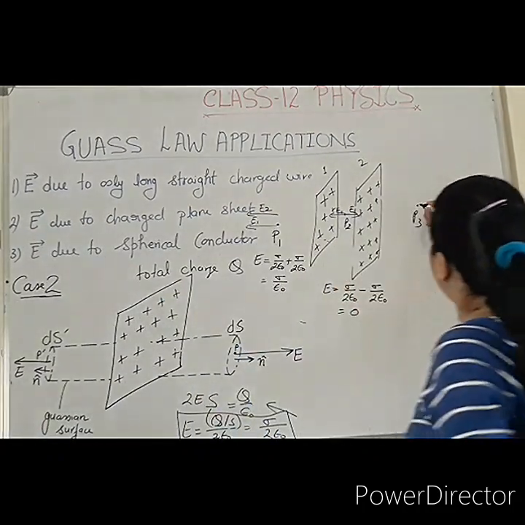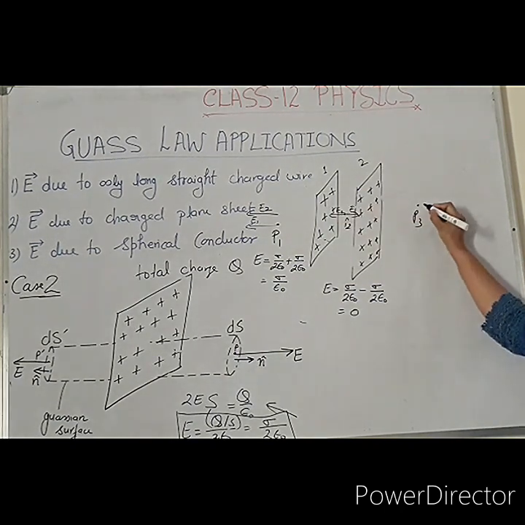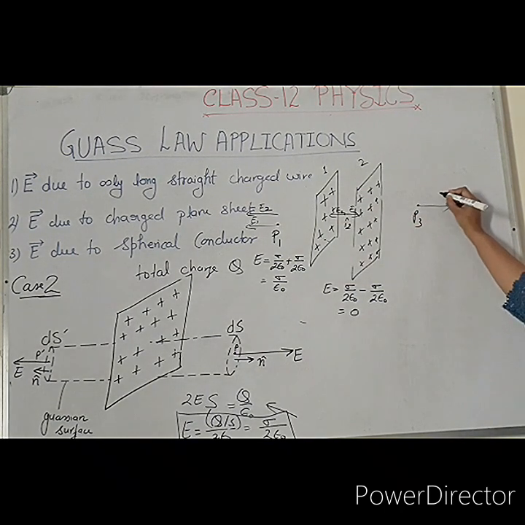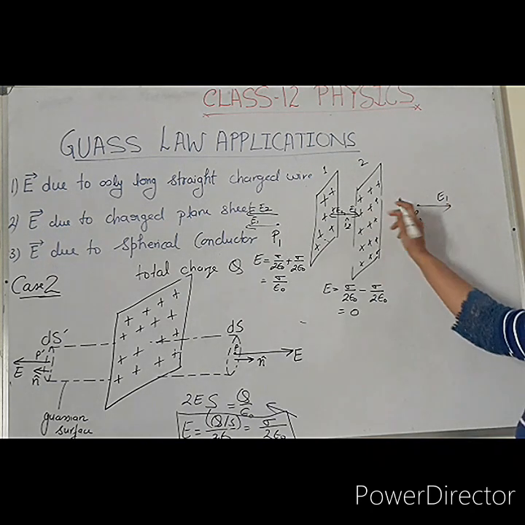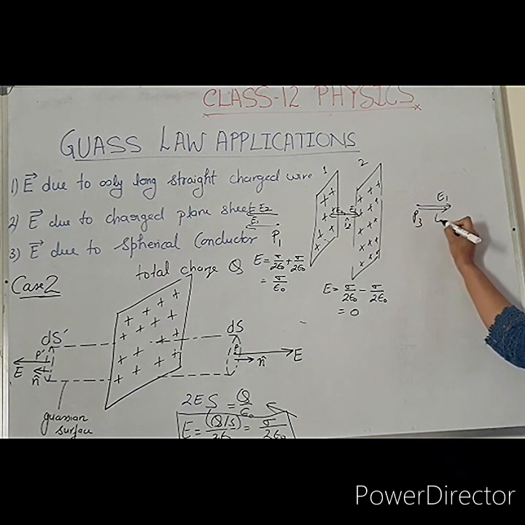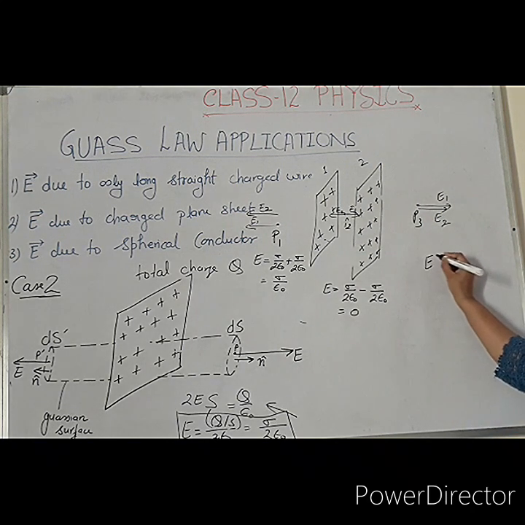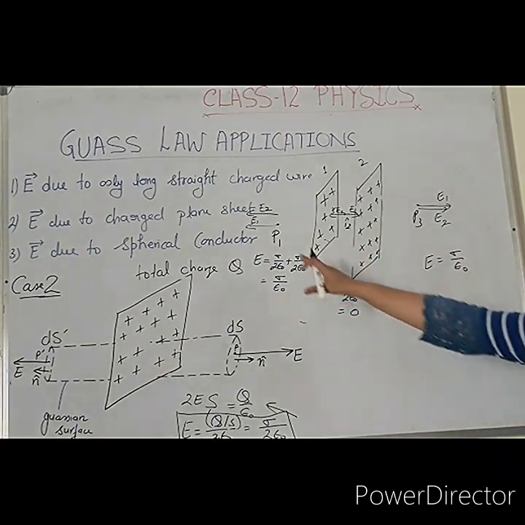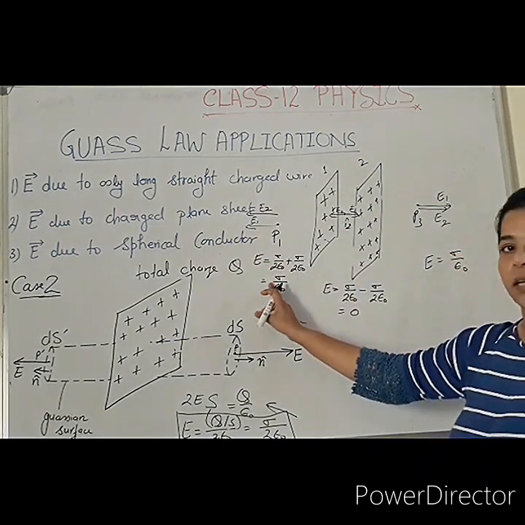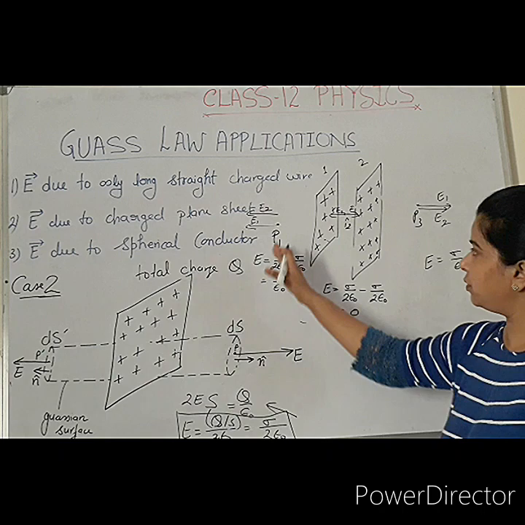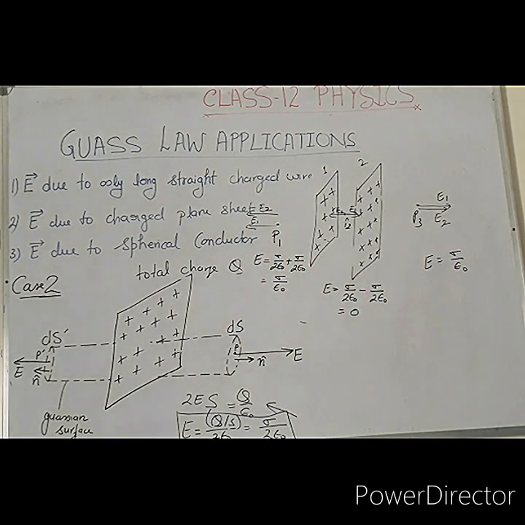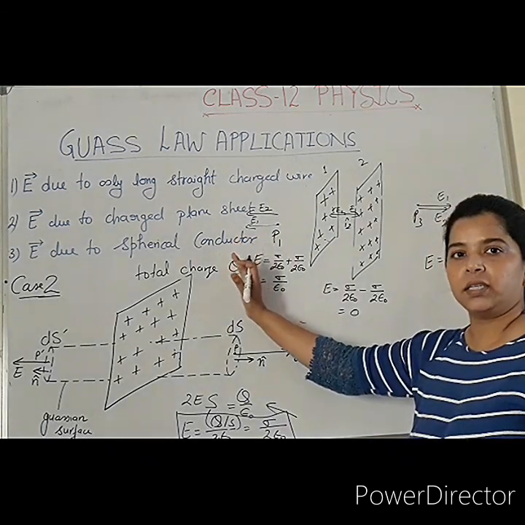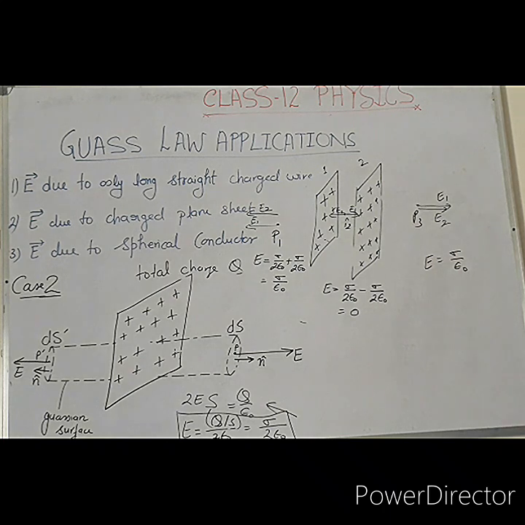Now for the point P3, the electric field due to the first sheet is towards the right direction. So E1, and due to the second sheet, it is towards the right direction. This is E2. So the net electric field at the P3 point will come as sigma over epsilon naught, twice the value of the previous case. The direction here, you can take with the minus sign, that means towards the left. The net electric field is towards left. Here the net electric field is towards right. If the coordinate system is given, towards the left you can take the minus value, and towards the right you can take the plus value.